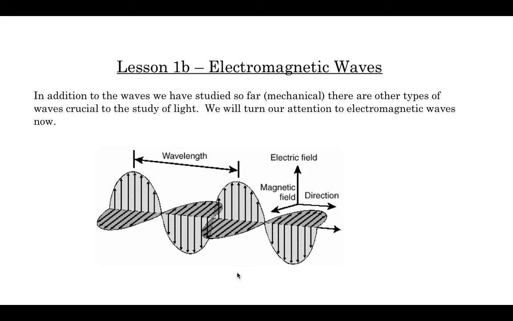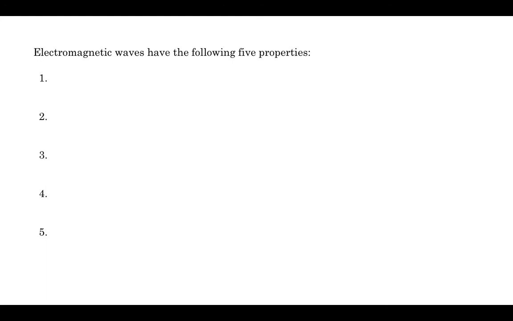Now, this is really, really, really hard to envision. If you're like most high school students, it is really hard to wrap your head around what an oscillating electric field looks like. And then an oscillating magnetic field is even harder to imagine. And last but not least, those two things oscillating perfectly in sync and then traveling in a third direction is even more difficult to imagine what that looks like. And if it's not difficult for you to imagine what it looks like, either you're a genius or you're not really appreciating how complex this is. And I would say it's probably the latter. Anyways, we're going to look at electromagnetic waves,